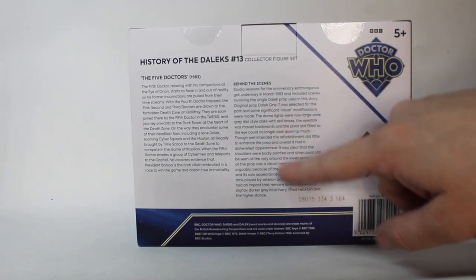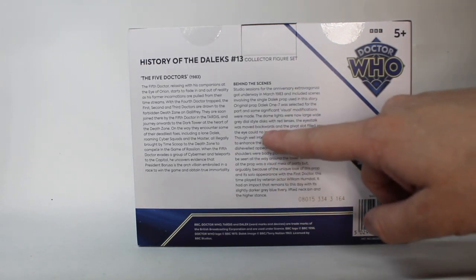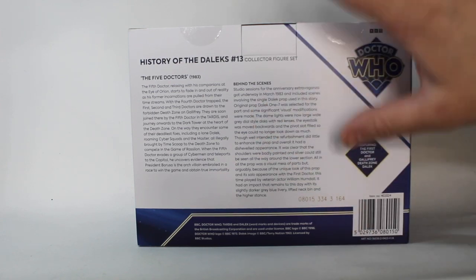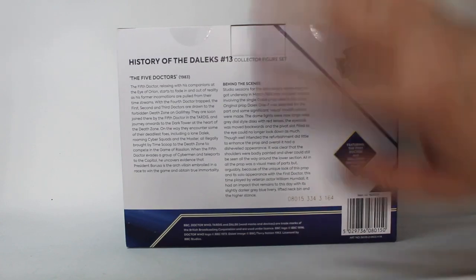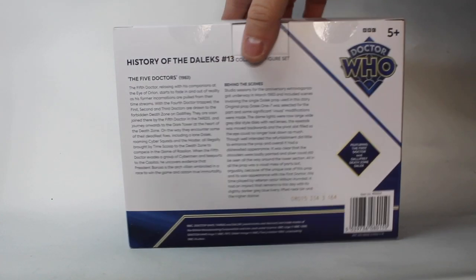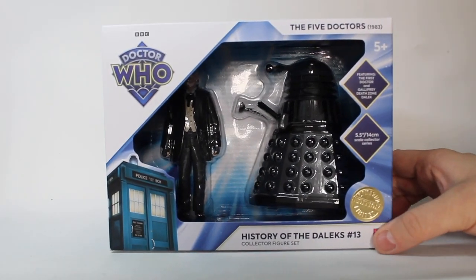because it tells you a bit more about why, for obvious reasons, you've got Richard Hurndall playing the First Doctor, but also gives you a lot of information about this Dalek, which I think is absolutely fantastic, especially for the Dalek in this set, given how unique and unusual this particular Dalek is. But just before I get on to actually opening it, I would just like to say one more thing about